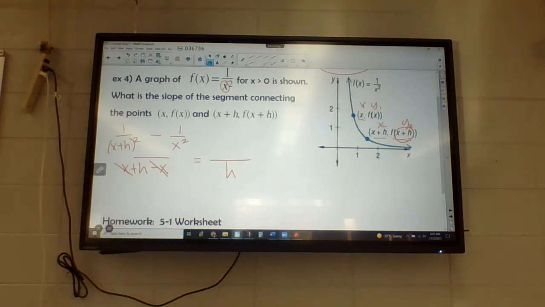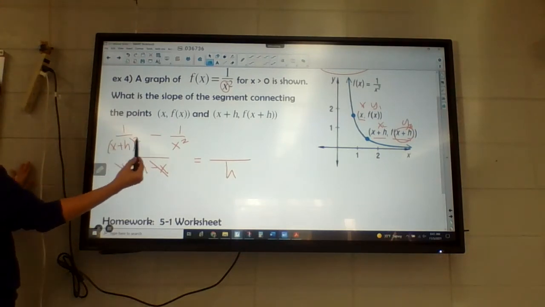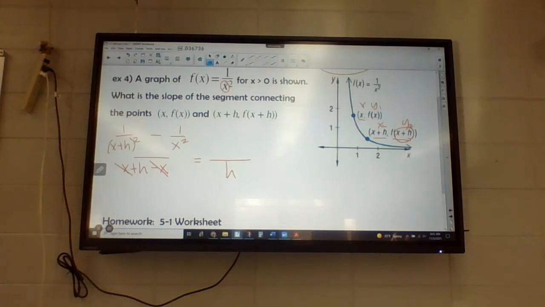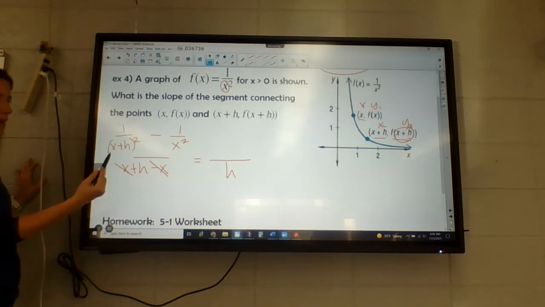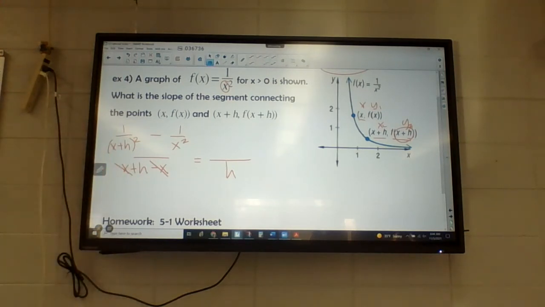All right, so now I need to combine these because these are complex fractions, so I need to put those together in order to simplify that a little bit. So I want to get a common denominator here. Now if I did FOIL here, that would just be a big mess. The reason why is because I'd have an x squared, but I'd also have an h squared and a